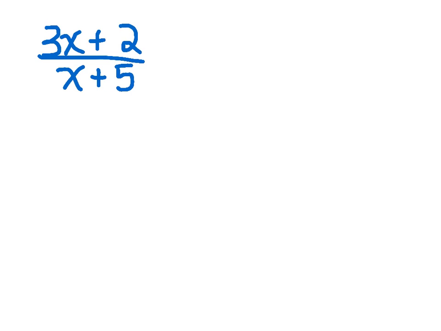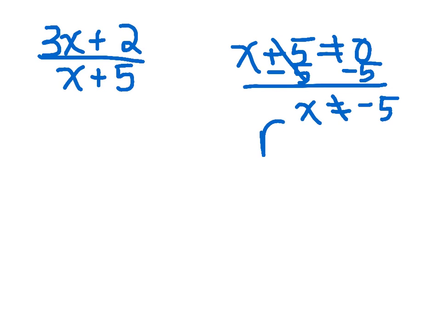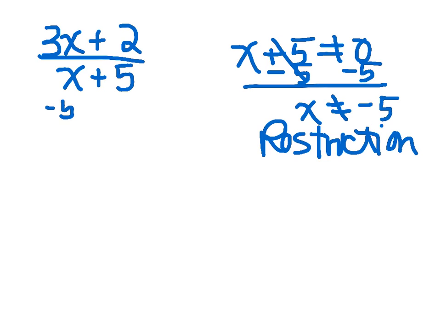So simplifying the problem is one thing, but then you have to go to the side. We say x plus 5 cannot equal 0, just like we did when we were using factoring to solve quadratic equations. That means x cannot equal negative 5, and this is called the restriction on the variable. It's x can never be negative 5 because negative 5 plus 5 equals 0, and as we've seen before, division